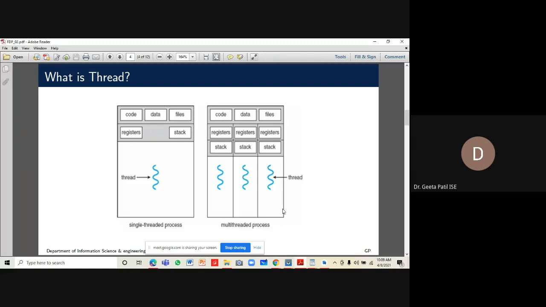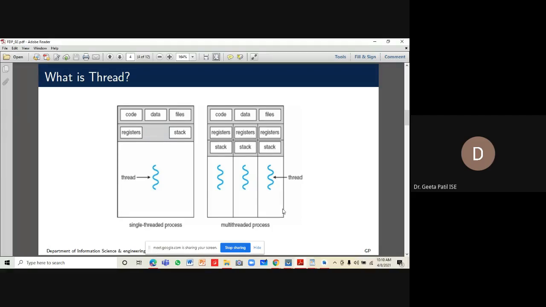So you define a process as a program in execution. You can define process like that. Now, let's look at Microsoft Word.